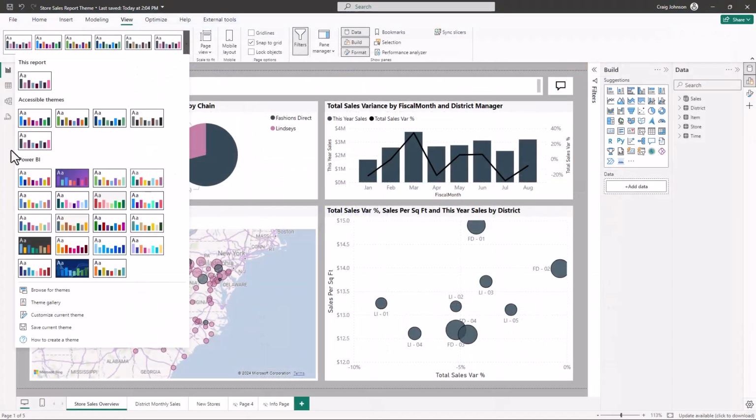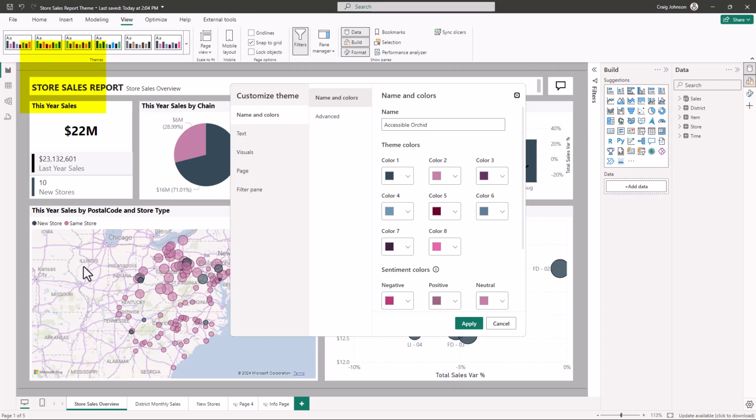We continue along. Now, this is how you customize and save a theme in Power BI. When you are in the View menu and you right-click on the themes, you'll see a Customize Current Theme option. If you select that, remember this current theme is the accessible Orchid. If you go to Customize Current Theme, this is where your different colors are going to come up. So you could either rename this theme,